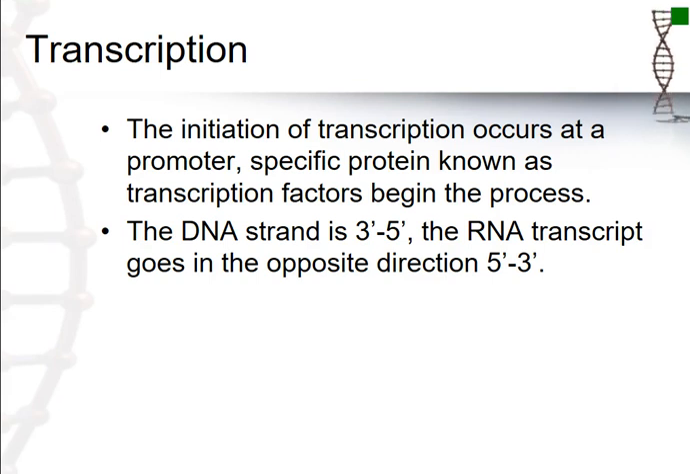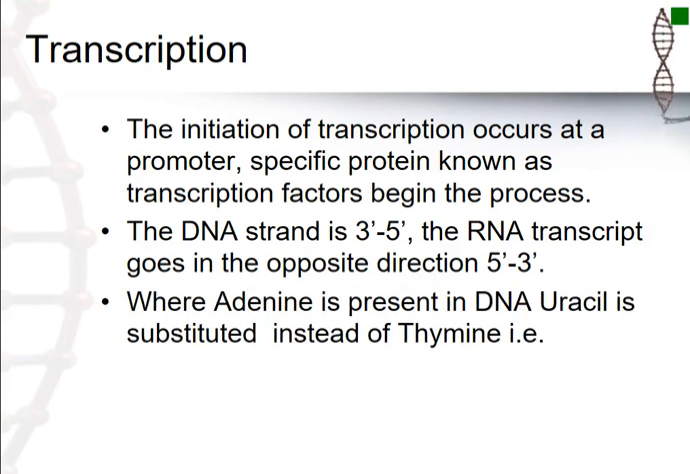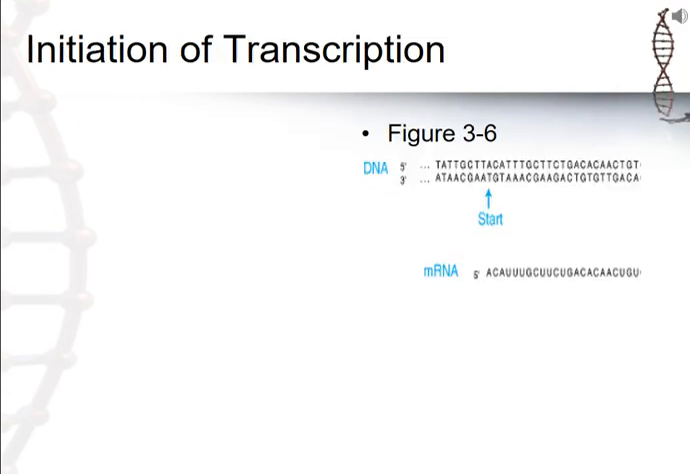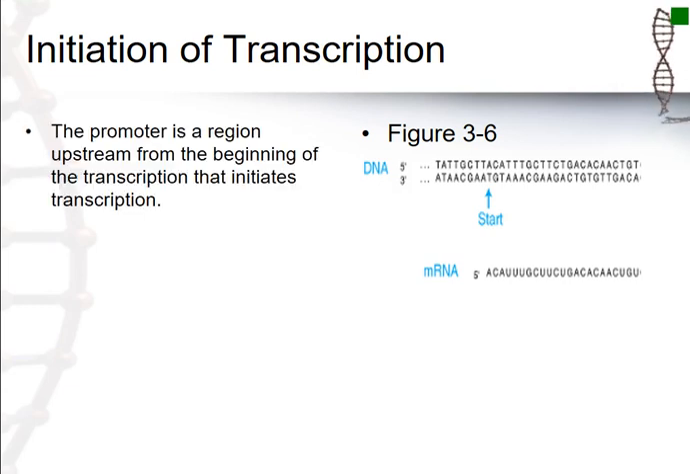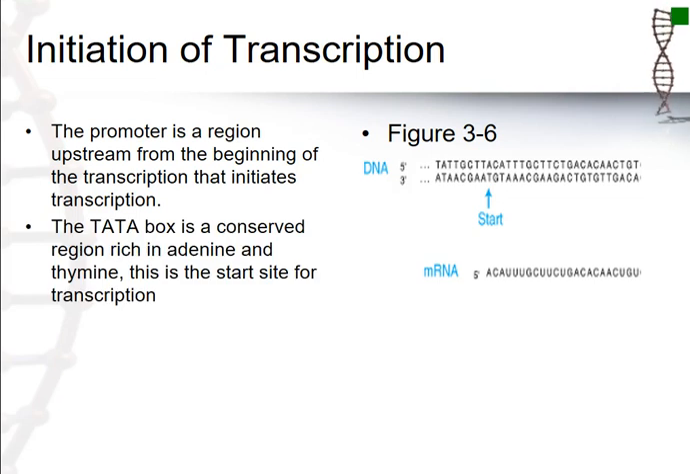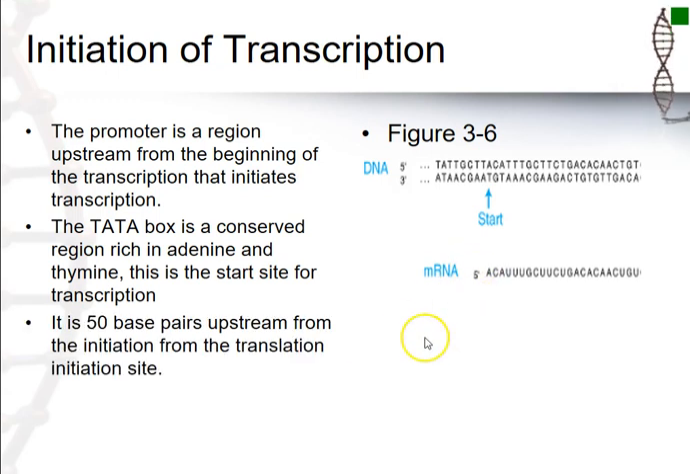The DNA strand is 3' to 5', and the RNA transcript goes in the opposite direction. Where adenine is present, uracil is substituted instead. Again, the initiation of transcription occurs at a special promoter region. The TATA box is a conserved region rich in adenine and thymine, the start site for transcription. It is about 50 base pairs upstream from the initiation of transcription, and there's another area called the CAT box,